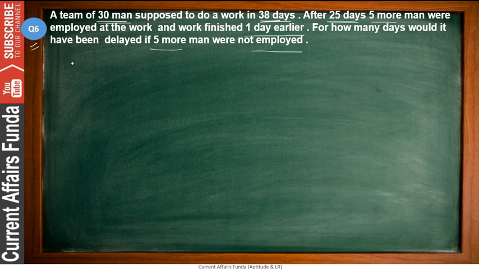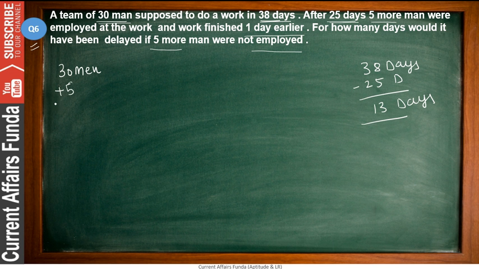So in the starting there are basically 30 men. Okay, and they are completing the work in 38 days. So days it will be 38 days. Okay, and friends after 25 days, that means 25 days have passed, so remaining days will be 13 days. Okay, 5 more men were employed, that means there were 30 men, so with 5 more it will be